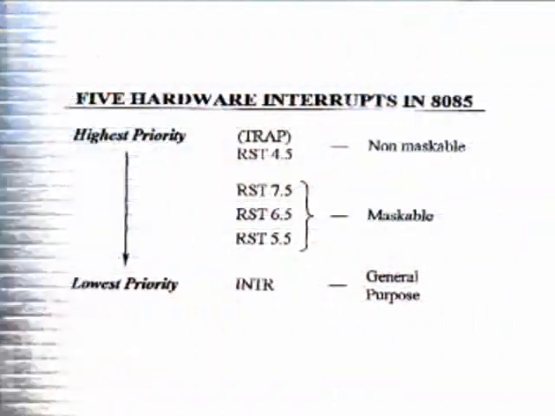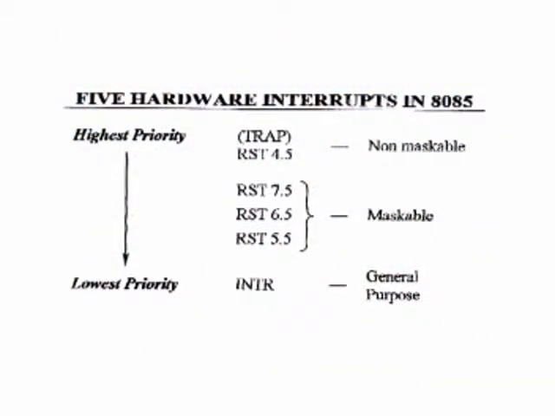The next 3 are written separately with a gap. These are maskable interrupts. That means the microprocessor can mask these interrupts using 2 instructions called set interrupt mask and read interrupt mask, SIM and RIM. In other words, the microprocessor can ignore these interrupts, or it can consider these interrupts after some delay. So these 3 are maskable interrupts. And the last one is also written separately. You can notice in the figure, it is called INTR, a general purpose interrupt.